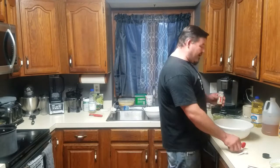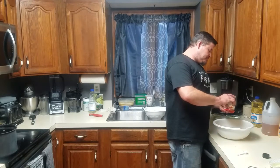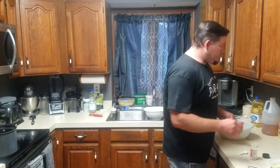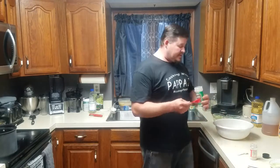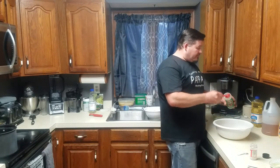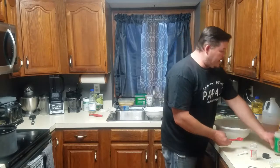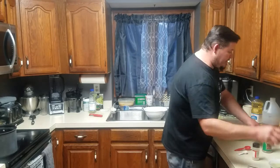1 tablespoon of garlic powder. Okay, 1 tablespoon. Then we're going to do 2 tablespoons. I like to use Italian seasoning. You can use parsley flakes, anything like that. I just like the Italian seasoning. Works great for me. 2 tablespoons of that. Come on, get in there. There you go. Alright, now we've done our dry with the tablespoon,